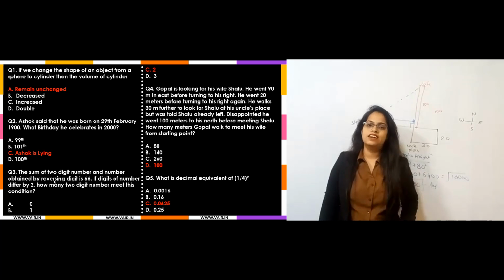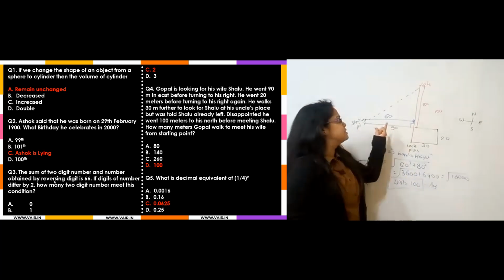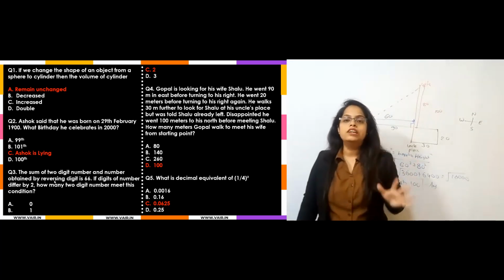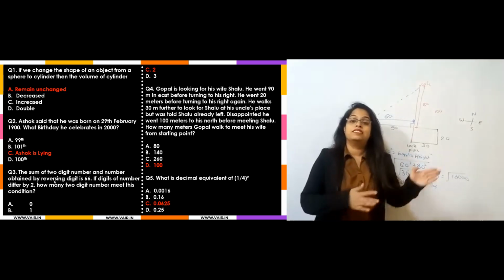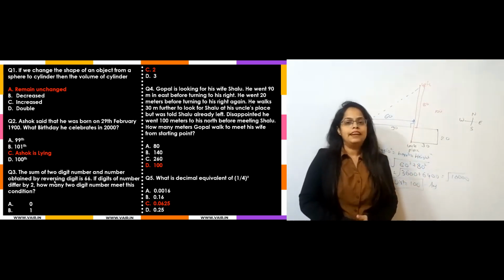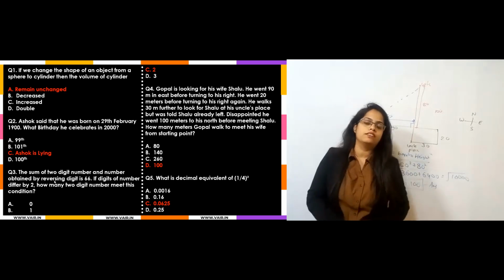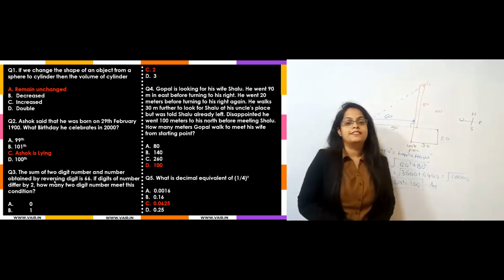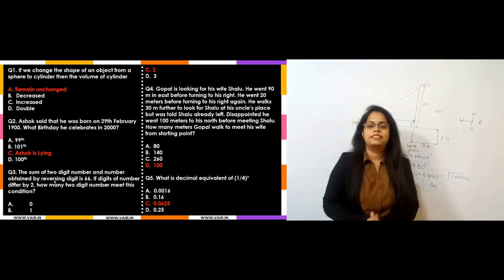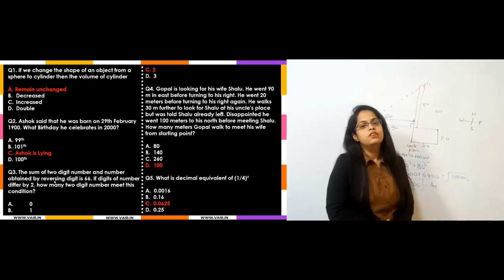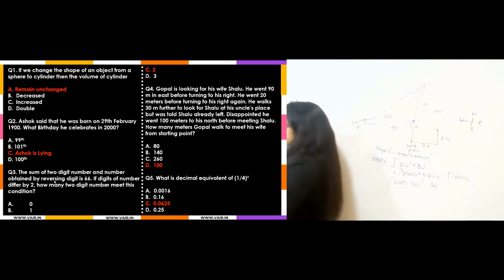Okay, it was easier. Only, at the end they should have asked for the shortest distance, and we have to assume that they are asking the shortest because it is a repeated question. So at that time, we can't say that they have asked the wrong question. So are we expecting the marks? No, don't expect this because it is a repeated question. So let's go for the next question now.